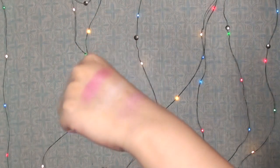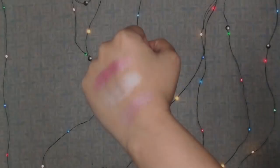you almost get like a child's makeup, like a dress up, not what you would actually wear as makeup. This is real. I mean, really. This side right here, the light side, comes off as white, or maybe a pale champagne, like super pale. It's actually more white than anything, not even beige, just stark white is what I'm seeing on my hand here. You could use it as a highlighter,